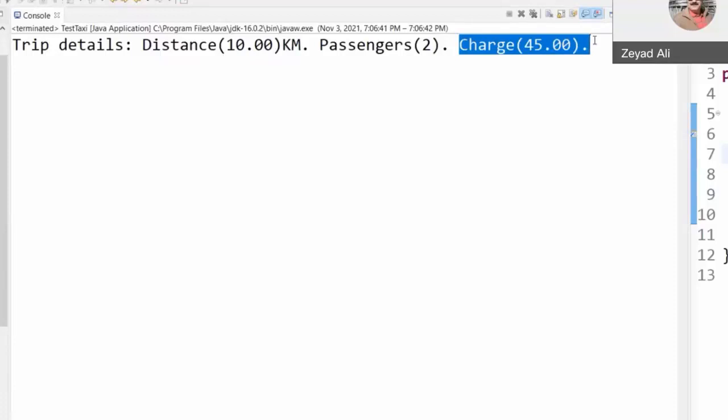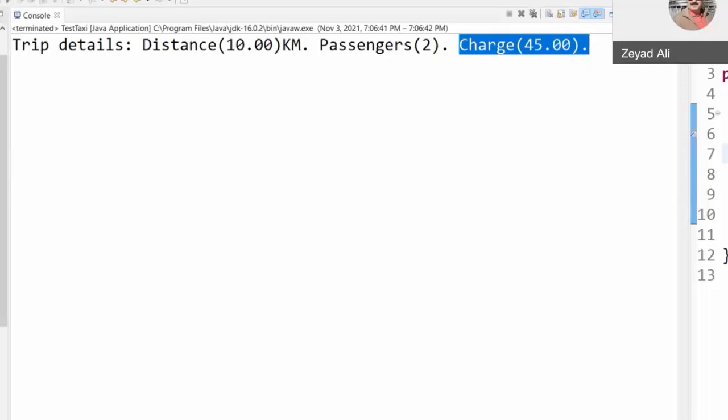Now I need to do this in a different way for airport van. The airport van, or airport taxi, or airport trip, they calculate it in a different way. They have a starting meter and they multiply each luggage by 5 riyals.